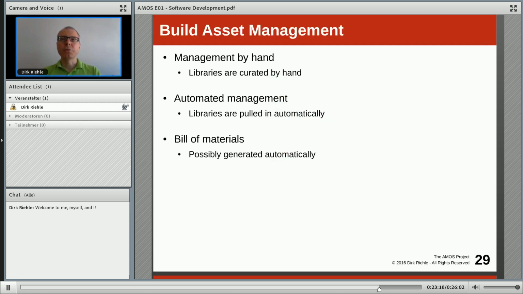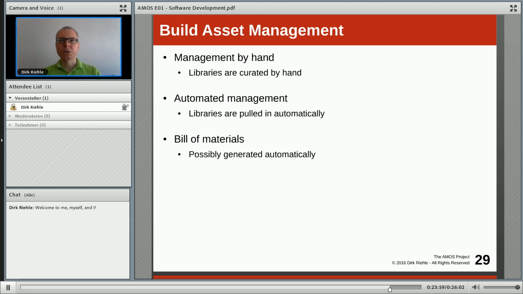It used to be that you would manage all of this by hand. Today, it really should be fully automated through scripts. You do not curate libraries by hand and put them into the code repository any longer. You simply say what libraries you need in the build script, and the build script will pull them automatically from the respective public repositories if it's open source software, or, if it's closed source software, from your local supplier repository of such libraries in their respective version.